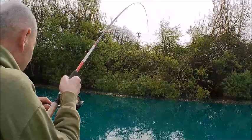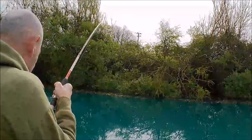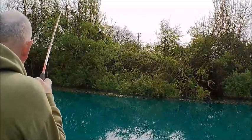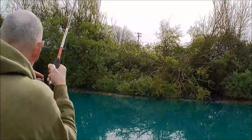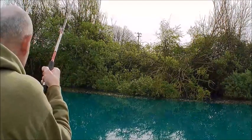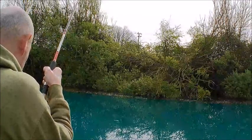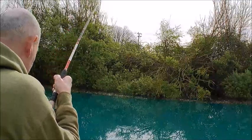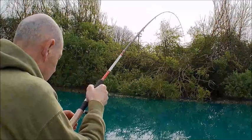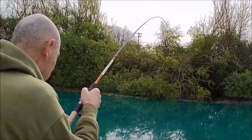Already lost one. As soon as I shorten that trace right up... Where was that, in the margin? No, straight in front, about 2 feet in front of those reeds in front of me. Christ, I'm not sure about this rod. It feels brilliant on this rod, but